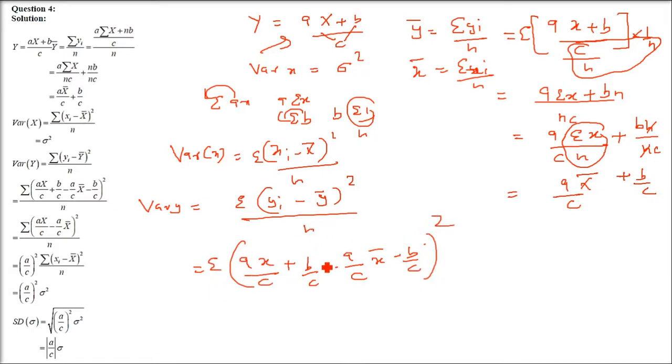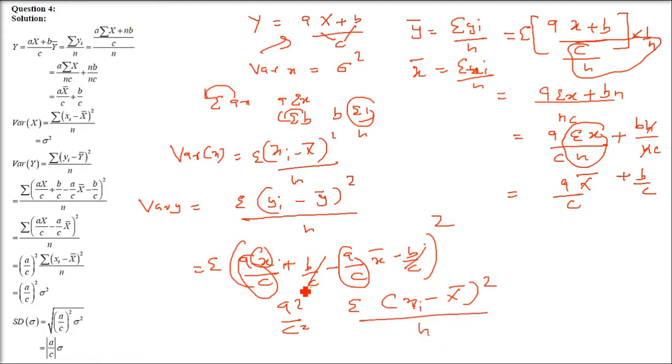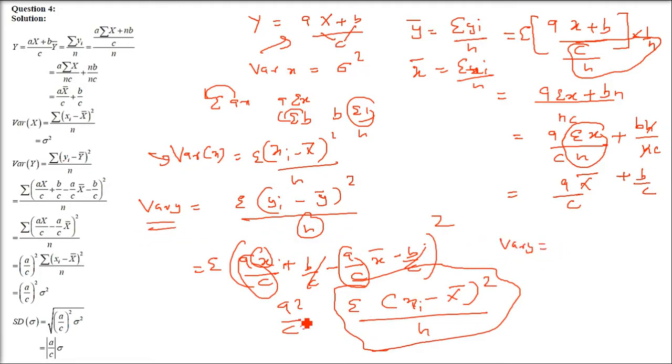So I'm squaring it, putting a sigma here. Sigma is for addition. Now you see b by c gets cancelled, and this a by c is also common, and it is squared. So we will take it out but with a square. So a by c whole square, it is a square by c square. What is inside? Sigma (xi minus x bar) whole square divided by n. But what is this? This is the variance of x. We know that formula, the variance of x. So in place of this, we'll write the variance of y, which we started.